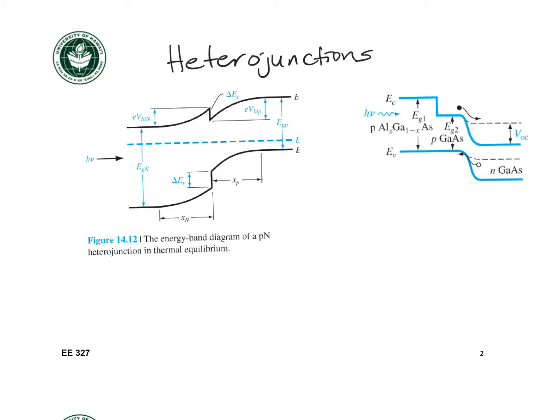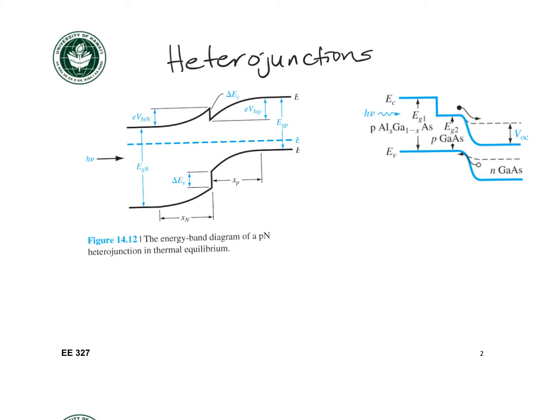the junction. In thermal equilibrium, we still have the Fermi levels of the n and p side lining up. We still have band bending of the conduction band and the valence band. The difference here is that because the band gap of the n side is greater than that of the p side, there can be some discontinuity in the conduction band and in the valence band, labeled as this delta EC and this delta EV. But for a solar cell, what this means is that if you have photons with a